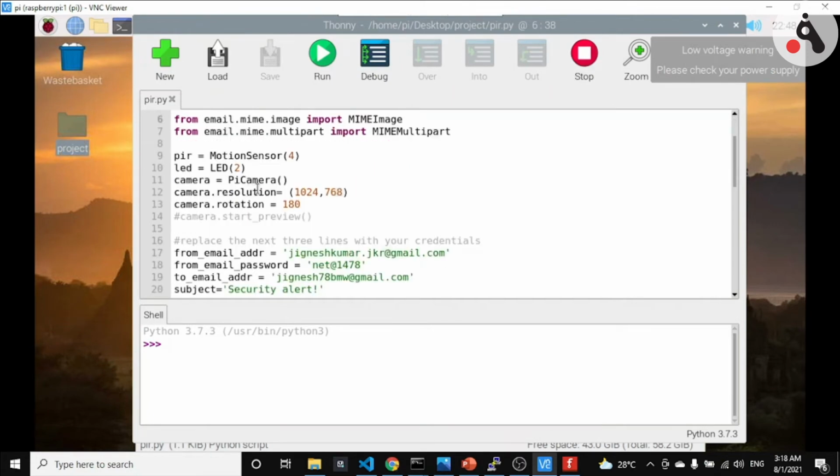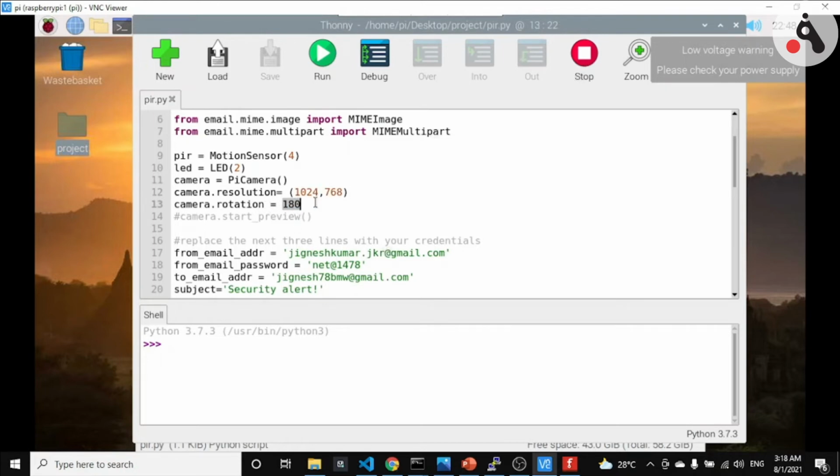Here we are initializing the camera. We are using the PiCamera class, and after making the object we are setting a few properties, like resolution and rotation. Resolution is set to the tuple 1024, 768, and for the rotation we are setting 180.